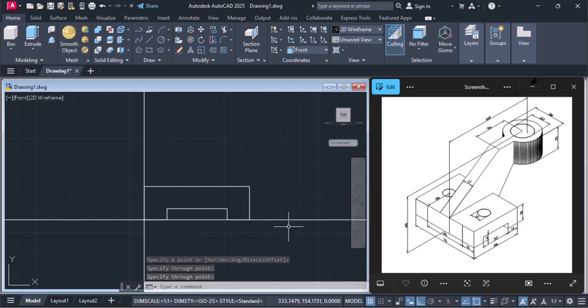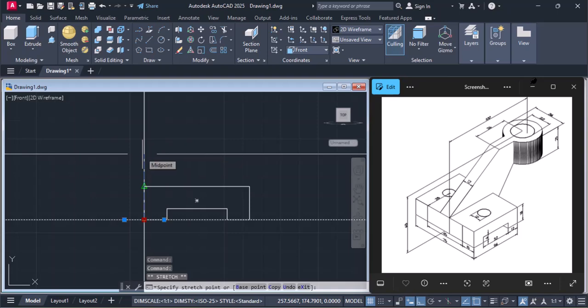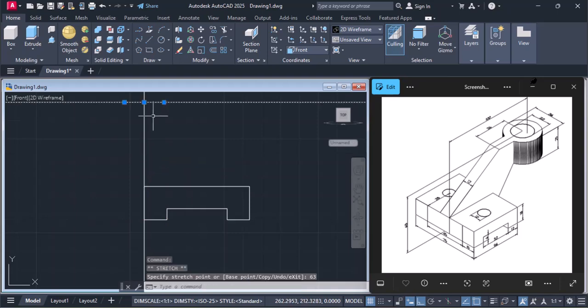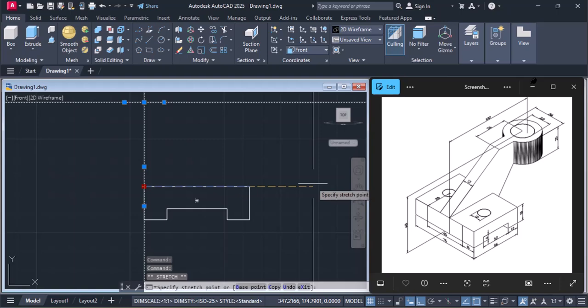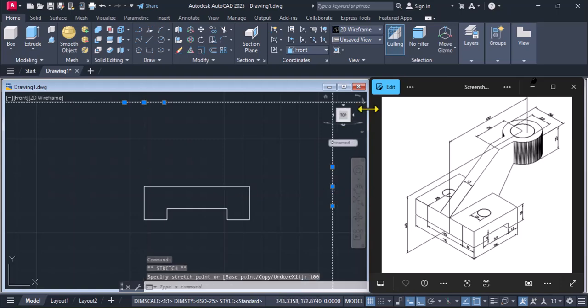Then we'll move the horizontal construction line upward to a distance of 63 units. Hit enter. And the vertical construction line will move to the right at a distance of 100 units and hit enter. So we get this point.